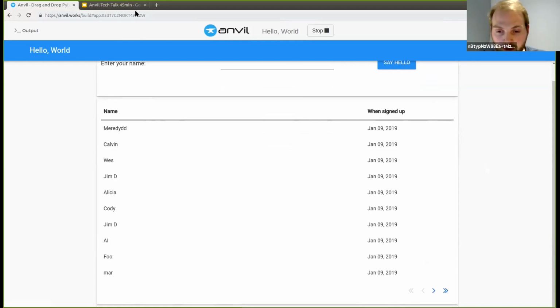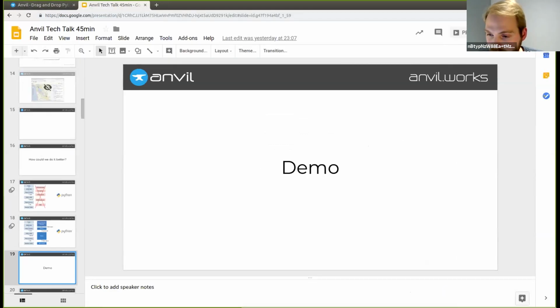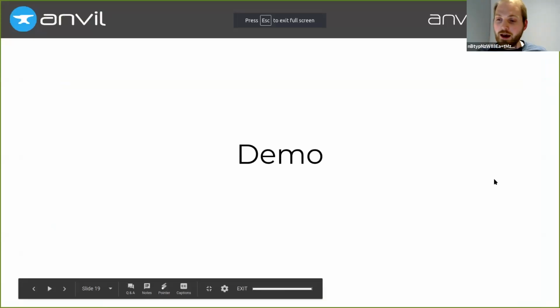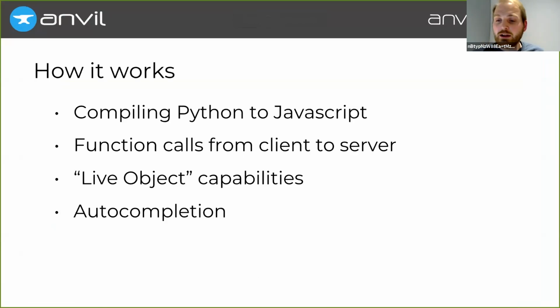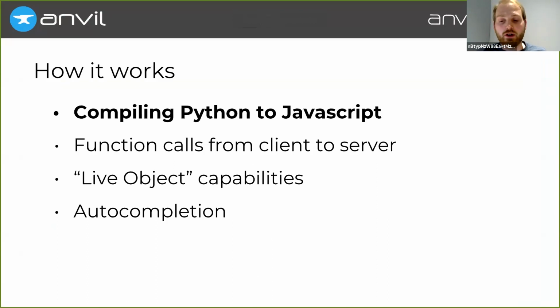I could go on all day with demos, so I shall restrain myself and get on to some of the more nitty-gritty stuff, because I'd like to talk a little bit about how this works under the hood. So let's start with compiling Python to JavaScript. You've noticed that we were writing all our code in Python there, including the stuff that was running in the web browser. Obviously, if something's running in the web browser, it's going to have to be JavaScript at some point, and we need to turn A into B.